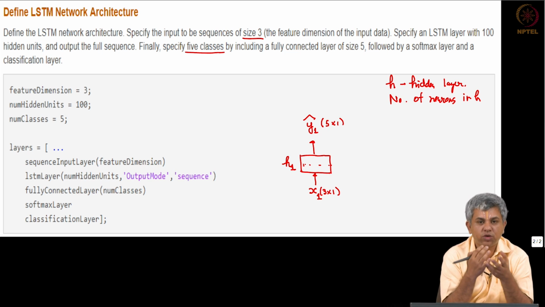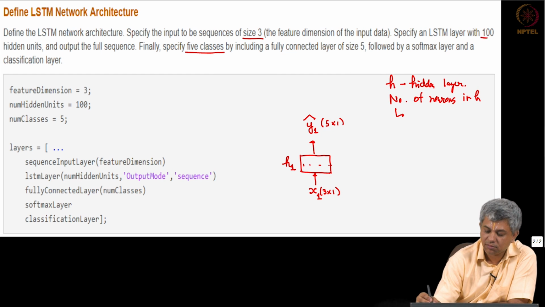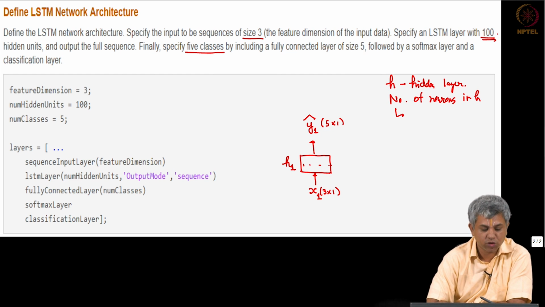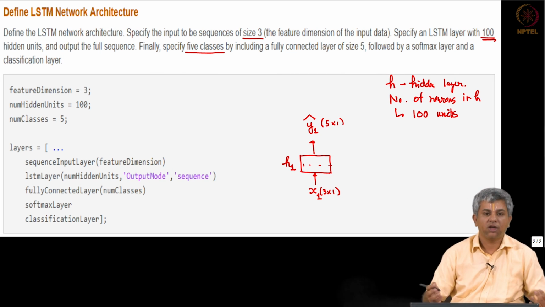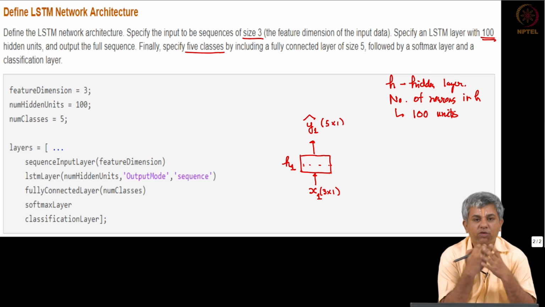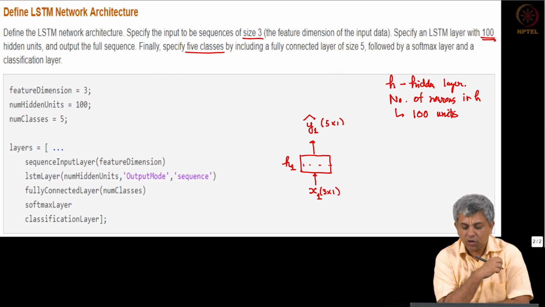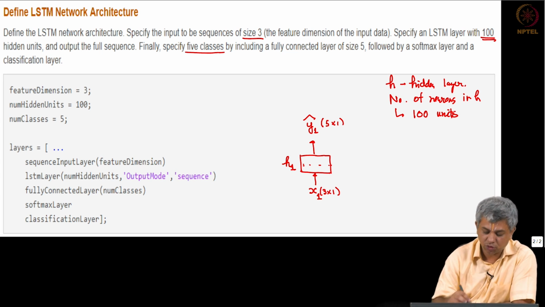Only thing is, once we choose it, through the time sequence we will keep this fixed. Okay. So, in this case the MATLAB example has chosen 100 units, but you can choose any number. Obviously, if you use smaller you will have lesser expressibility, but you will train faster. Okay. So, we are going to choose 100 units for this particular example. So, effectively